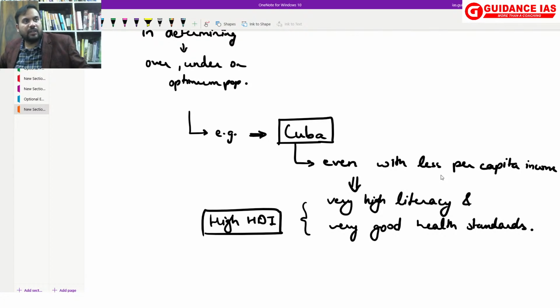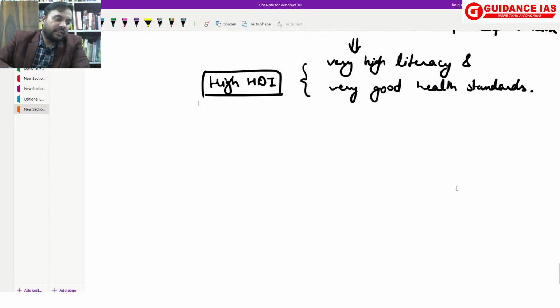So it is not just a function of technology or population size, it is more. Marxians believe that technology will always take care of the resource. The main problem is the distribution, and in certain cultures there is exploitation of the poor by the rich. The rich are over consuming more than their fair share of resources, and that creates the problem of over, under and optimum population. So one paragraph on this, and one more paragraph I'll write and say that since all these three factors,